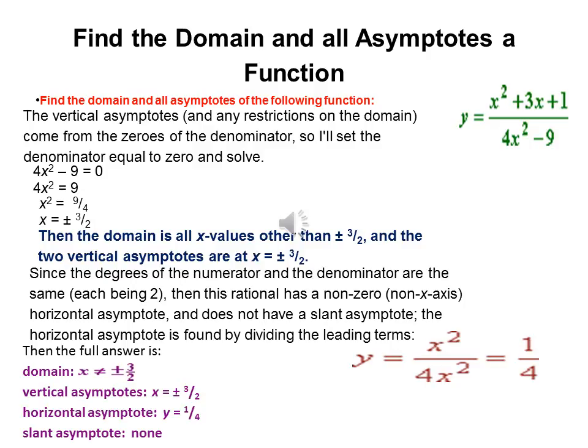Okay, now our task is to find the domain of all asymptotes of the following function. Y equals x squared plus 3x plus 1 divided by 4x squared minus 2. The vertical asymptote is what we're going to look for first. Basically it comes from the zeros of the denominator. So I set the denominator equal to zero. First of all, let's set it to 0. 4x squared minus 9 equals 0. The first step